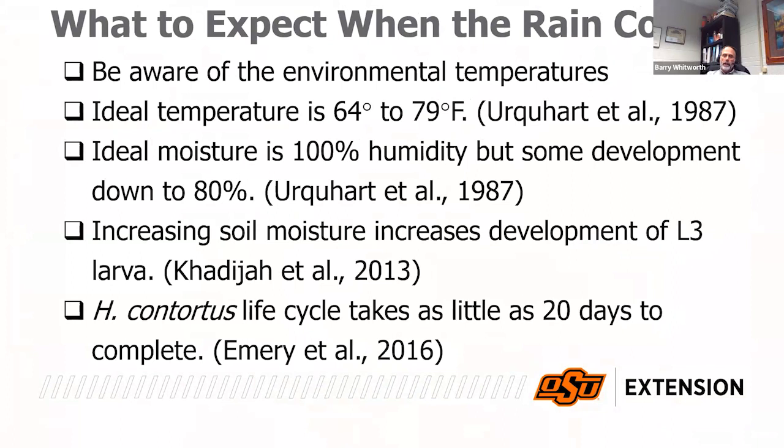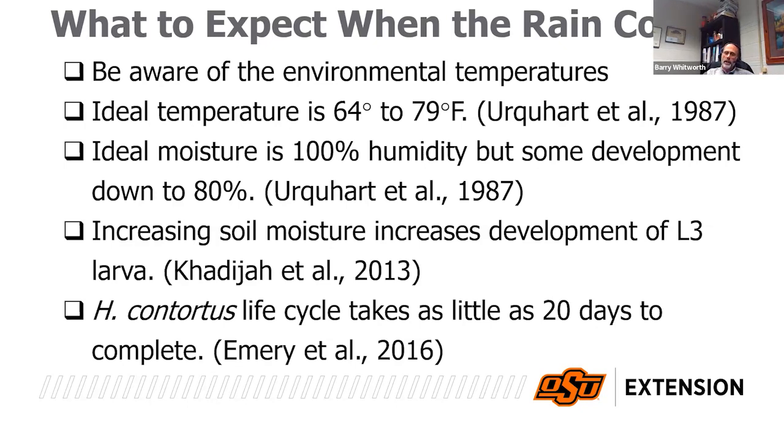So keep in mind how long it takes Haemonchus to develop. As little as 3 weeks, we can have a lot of L3 larvae out there. We can go from an egg to an adult in as little as 3 weeks when conditions are right. And we may be going to hit those conditions. And it worries me because, at least in my area, we had a tough summer last year.